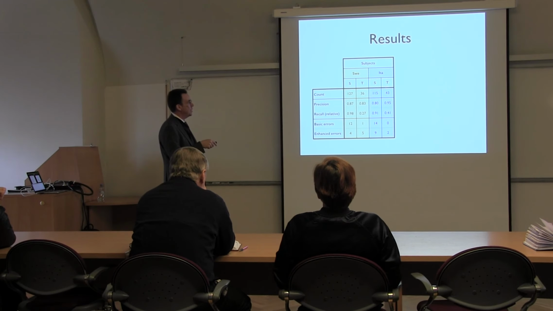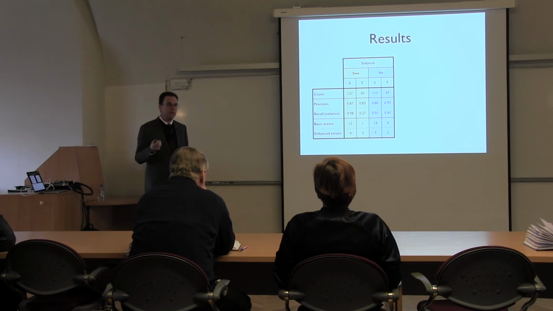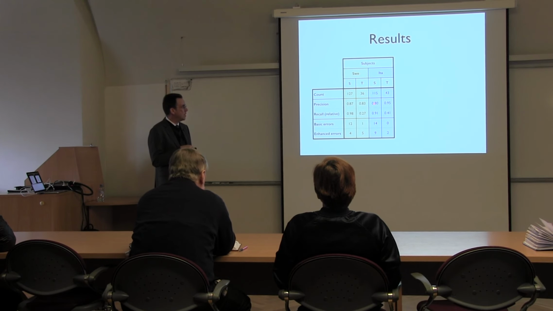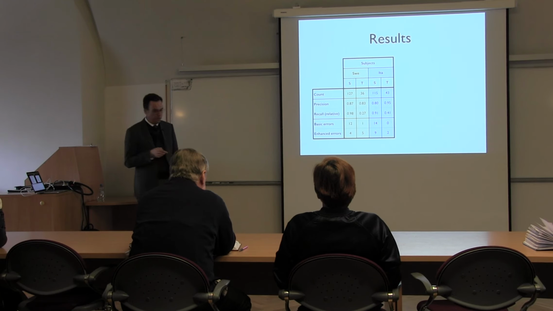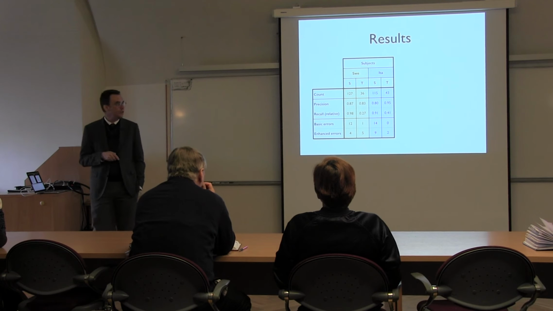For Italian, the picture is similar, but a little bit different. In terms of quantity, yes, the Stanford system again produces many more because it handles the whole range of phenomena. But interestingly, the precision is lower here. And actually, the Finnish system has higher precision. I will come back to that. Again, we find, at least for Swedish, most of the errors in basic annotation, but there are a few more errors also in prediction.